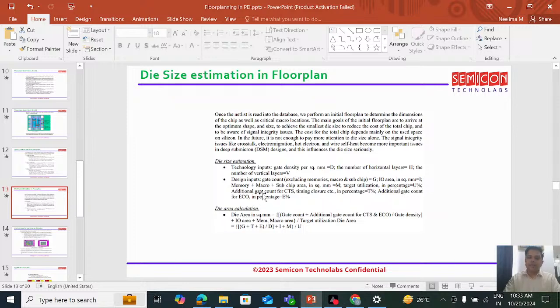Additional gate count for CTS, timing closure, etc. in percentage, which we call T%. Additional gate count for ECO. ECO can be functional ECO, STA ECOs, timing closure ECOs, right? In percentage E. Now, once we have all these different metrics available, then we go for die area calculation